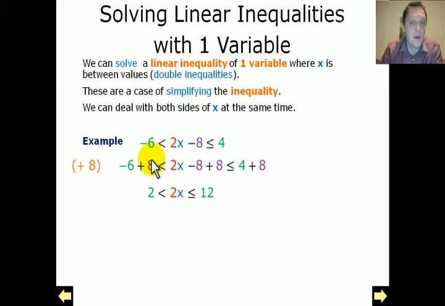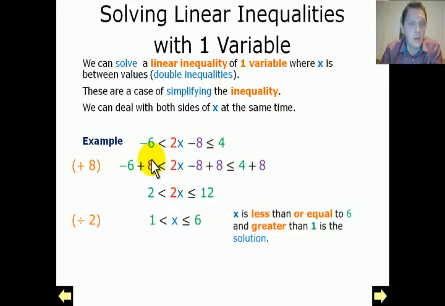Now I'm going to divide all of my terms by 2, because again I want the value of a single x. So that's going to become 2 divided by 2 gives me 1, which is less than 2x divided by 2, which gives me x, which is going to be less than or equal to 12 divided by 2, which gives me 6. And this is the end solution. So my x value is going to be greater than 1, but it's also going to be less than or